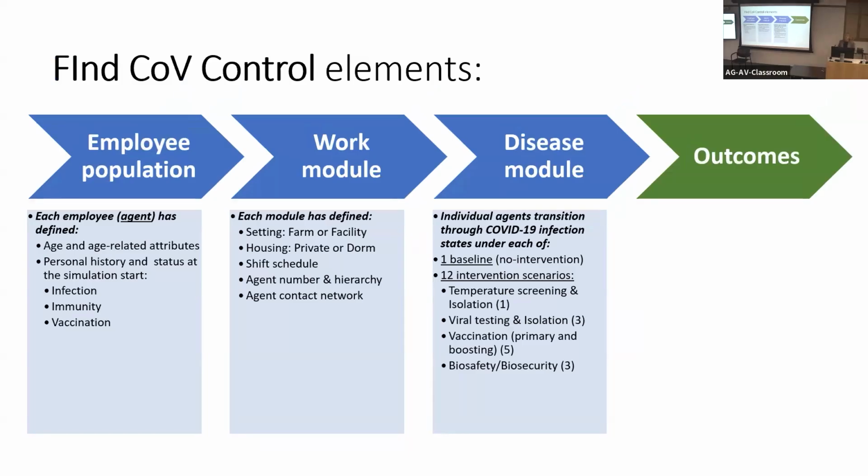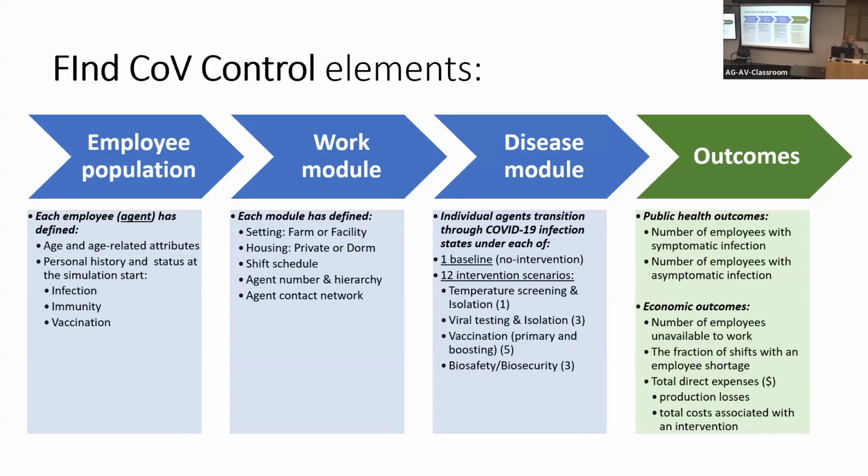On top of that, we tested 13 different intervention strategies. One, doing nothing. So let's just let it run its course. And the other 12 were strategies on temperature screening and isolation. You remember at one point that was a big thing in food production, in actually any work environment, and also travel, viral testing and isolation, vaccination, and biosafety and biosecurity. All of that, quite detailed, to predict these